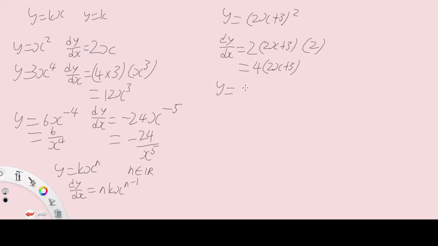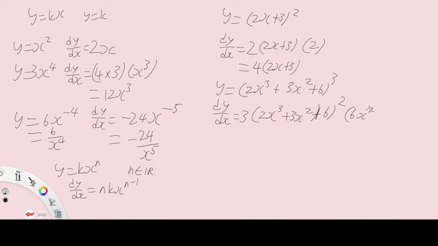Maybe an even tougher example. Let's say 2x cubed plus 3x squared plus 6, to the power of 3. If I differentiate this function, similarly, just follow the steps. Bring down the power to the front, reduce the power by 1, so 3 minus 1 will give me back 2. So this, plus 6, squared. Differentiate inside now. Differentiate 2x cubed, following the rule, 6x squared, plus differentiate 3x squared as well, so 6x, plus 6 differentiated just gives back 0, so forget about it. I'll end up getting 18x(x plus 1)